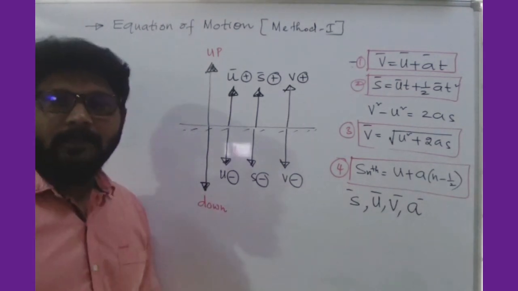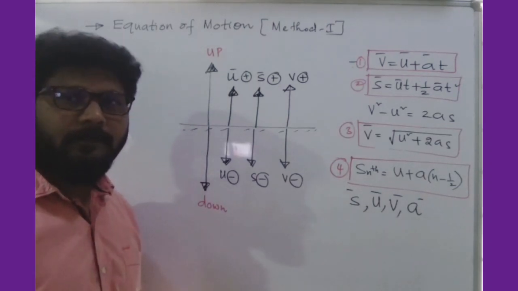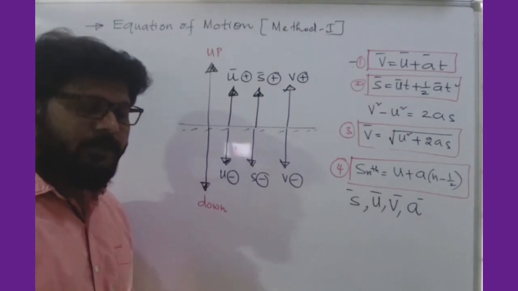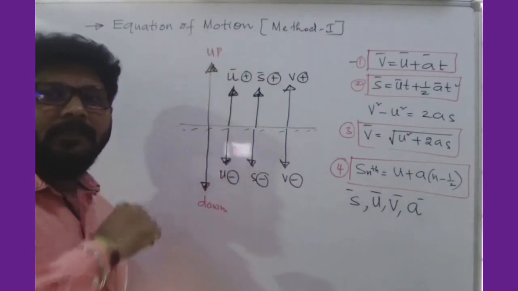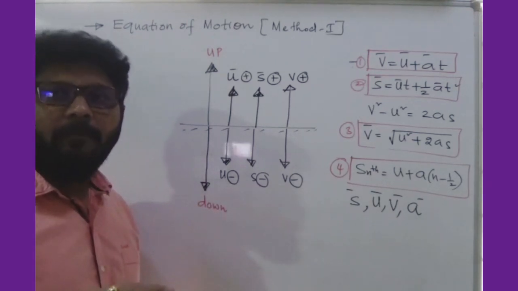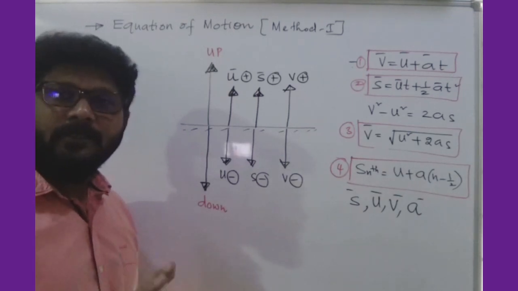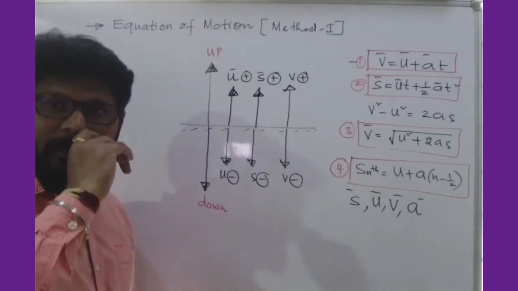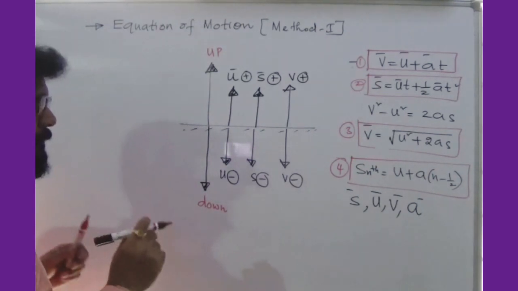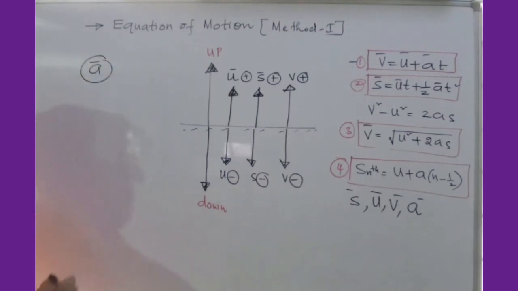Now coming to acceleration. Most students get confused with acceleration when we use sign convention. Till now what you know is that when going upward, a is minus g, and coming downwards, it is plus g. But that is not the sign convention; in sign convention it differs. Let us see how, as I explain acceleration separately here.